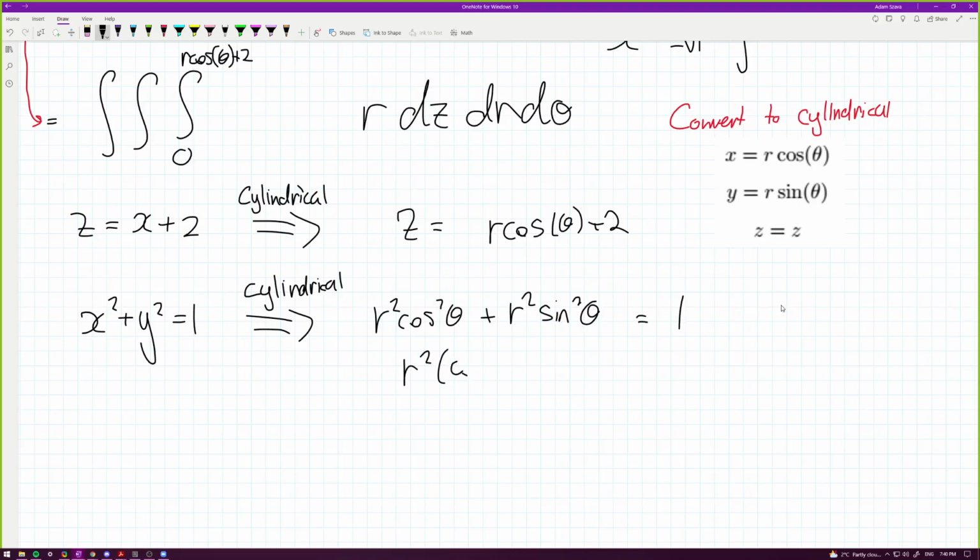Factor out the r squared, you get cos squared theta plus sine squared theta equals 1. Right? This goes away because it's just 1. And so we get r squared equals 1 or r equals 1. Well, r equals plus or minus 1. But since you can also rotate r, we can just say the maximum length that r will